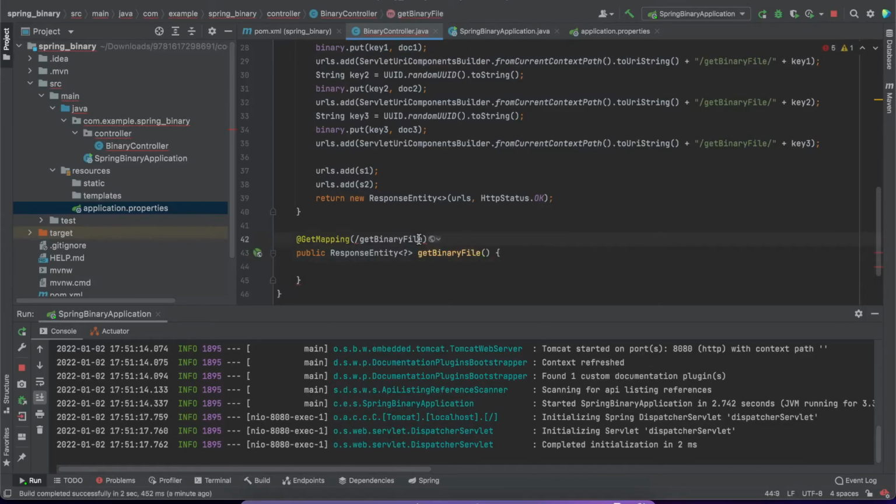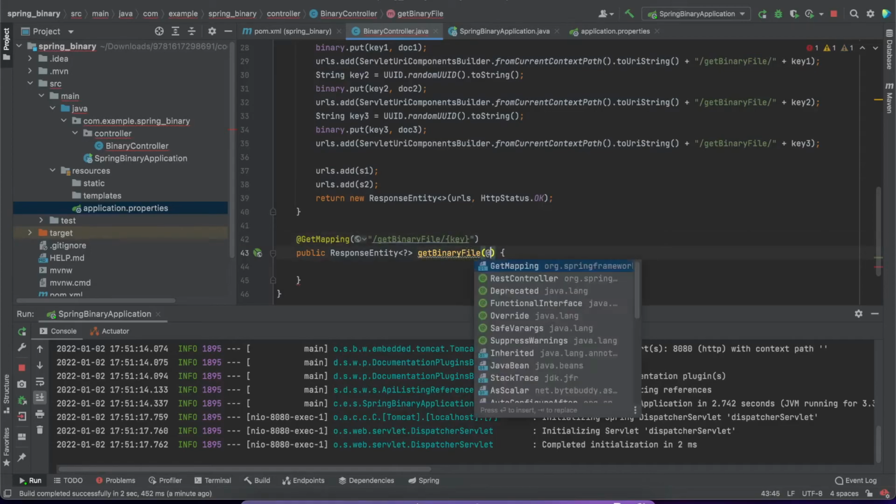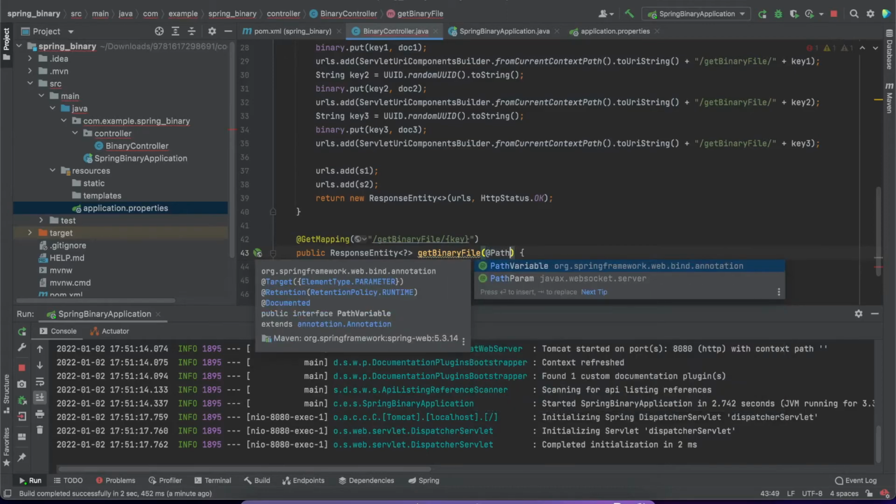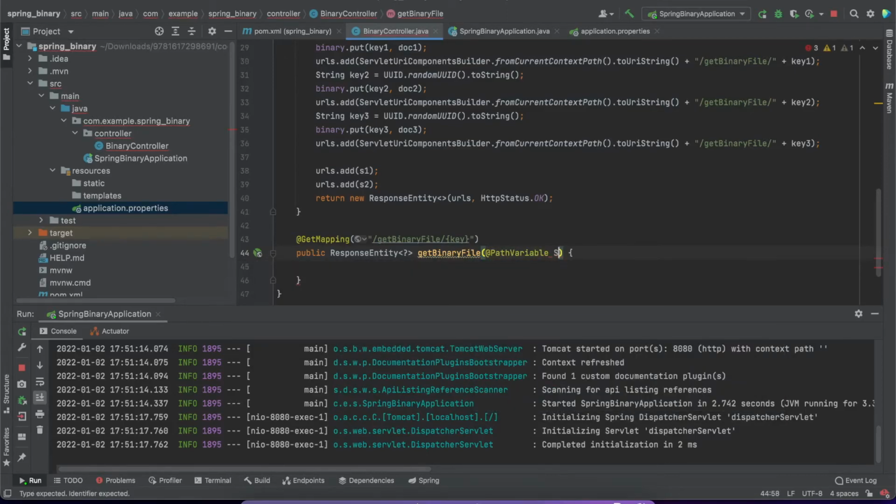and in the path variable, so in the path variable, it could also receive key, right? So I need to capture it over here, path variable, and it will be my string key, right? So I have captured the key. Now what I have to do, that is